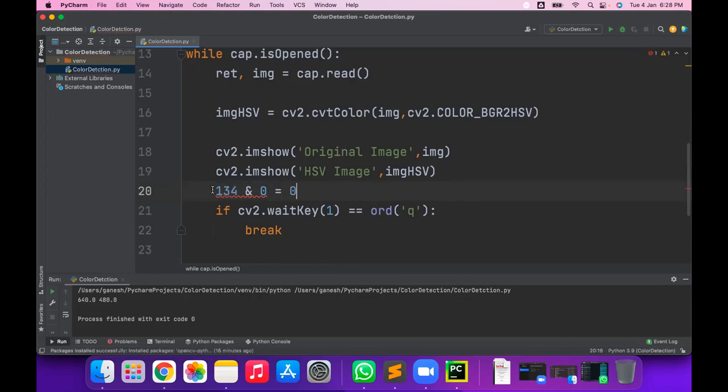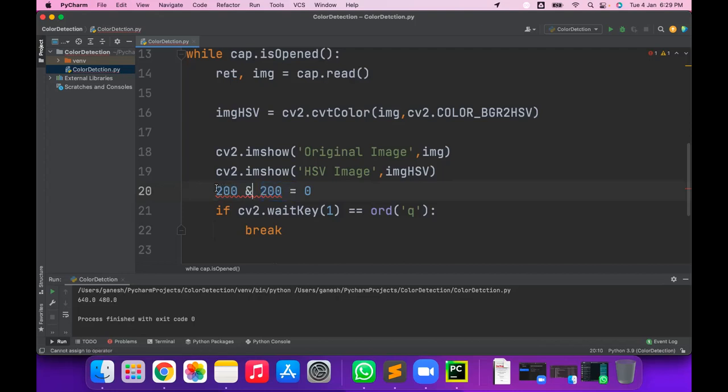So it means that other pixels we have to make 0. But suppose we want a red color pixel. The red color pixel is suppose having the value 200. So 200 is the pixel, and suppose the mask is the same, 200, because we want only the related information. And what is the related information? The red pixel is the related information. So this pixel I want, so I'm ANDing with the same pixel.